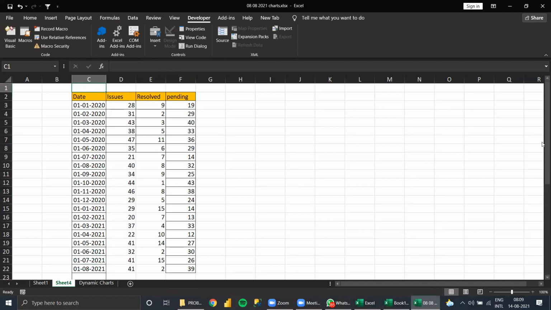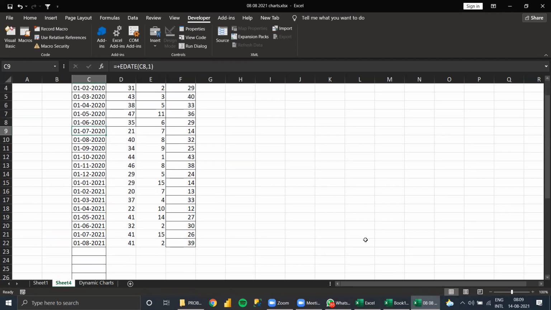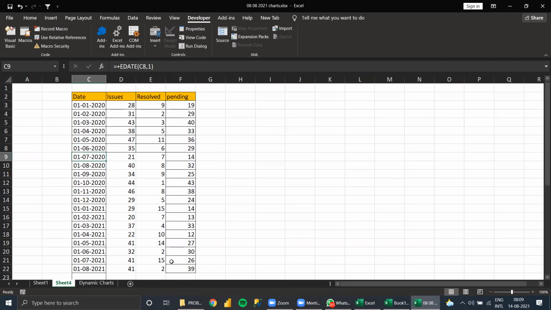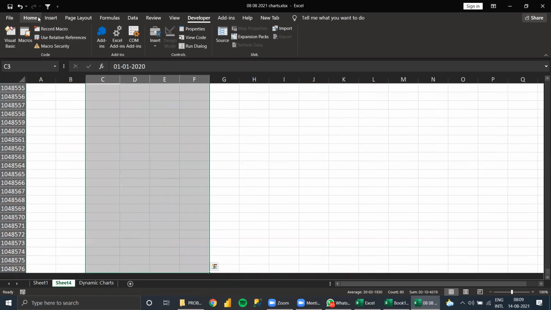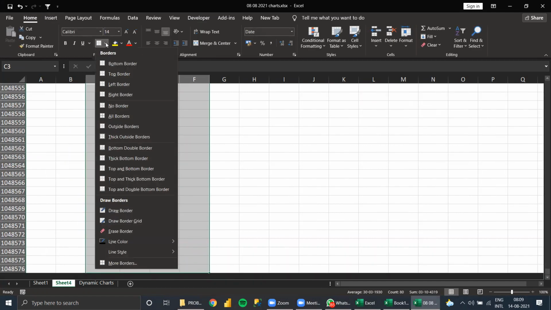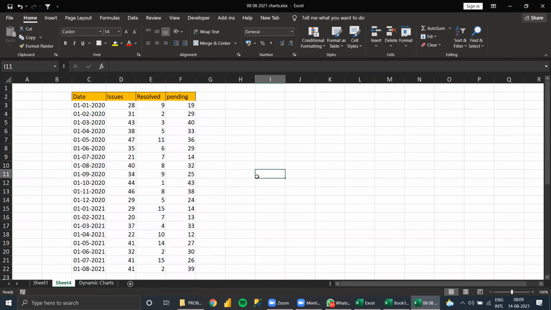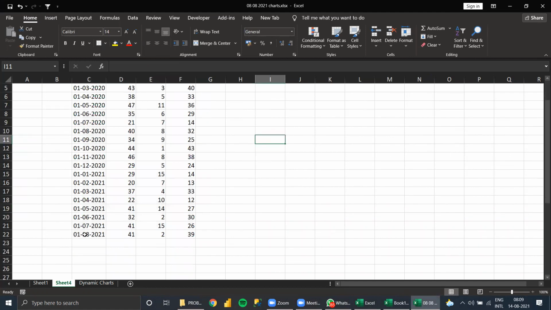But we don't need the entire 2 years or 3 years of data, though it is there. I don't want a chart for the entire data. I need a chart only for, say, the last 6 months or 3 months. Suppose I need a chart for 1, 2, 3, 4, 5, 6. So from March I need to get the chart here.